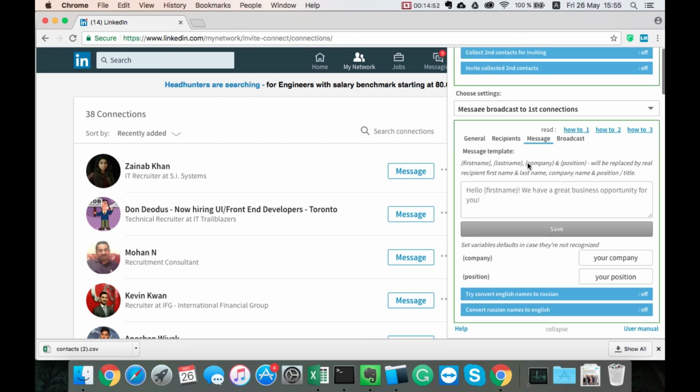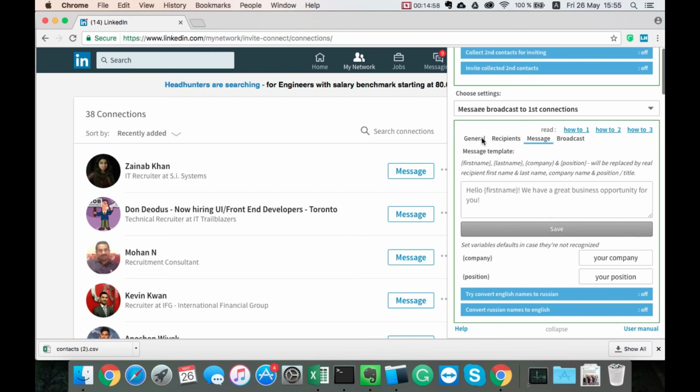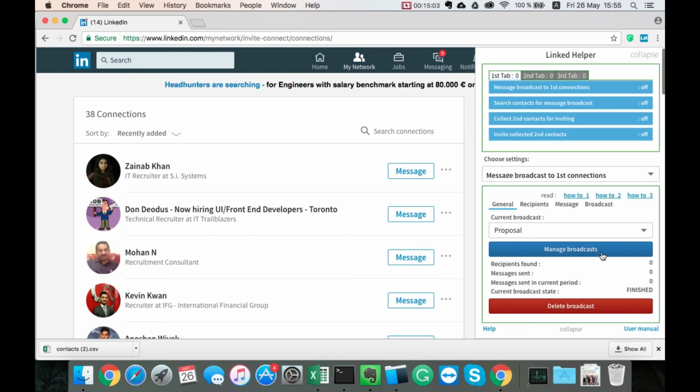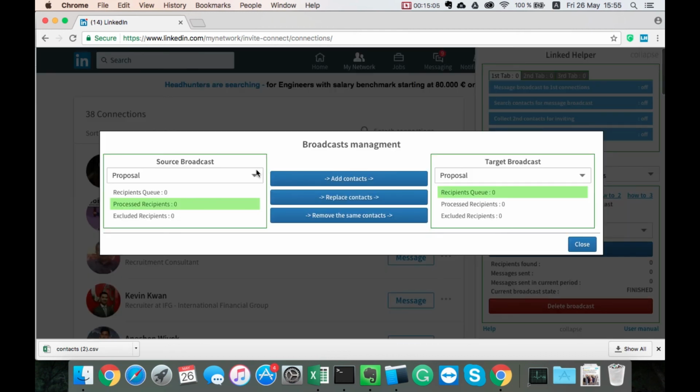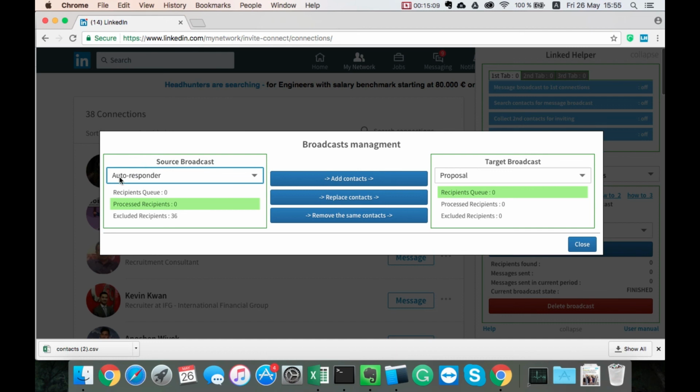Set your message template, because each broadcast campaign has its own message template. You can type your proposal here, and you can open manage broadcasts, and at the source broadcast you can choose autoresponder,